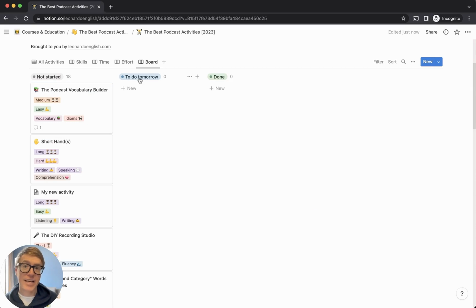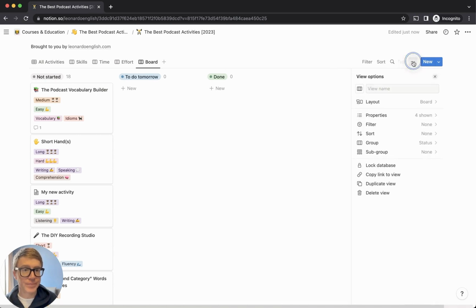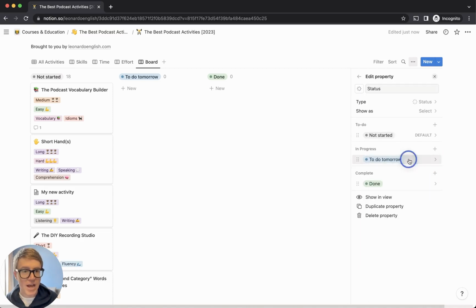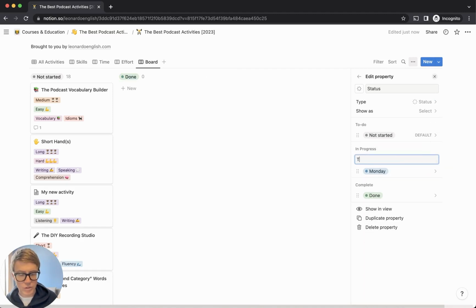And the second customization option that I want to show you is how to create your own weekly learning plan. So how we're going to do this is we're just going to add a few things to the status options. So let me show you how to do this. I'm going to go to status, and I'm going to add the days of the week. Monday, Tuesday,